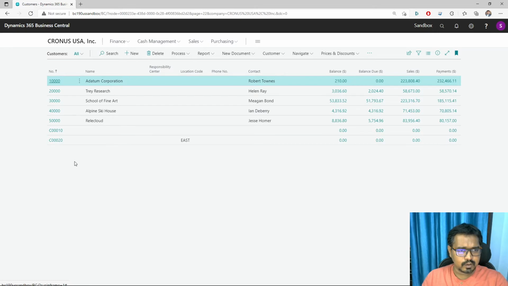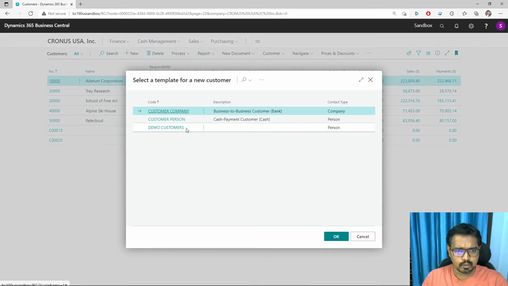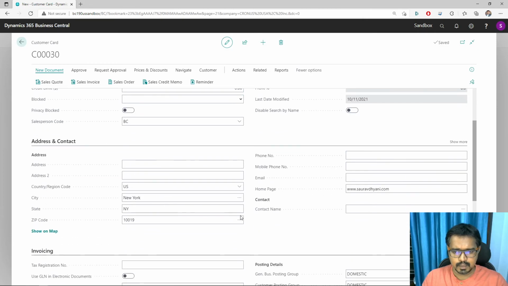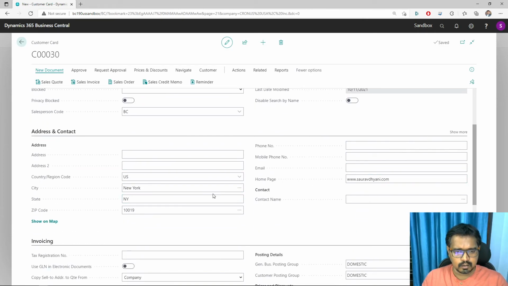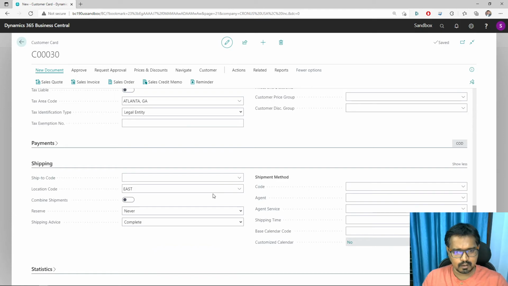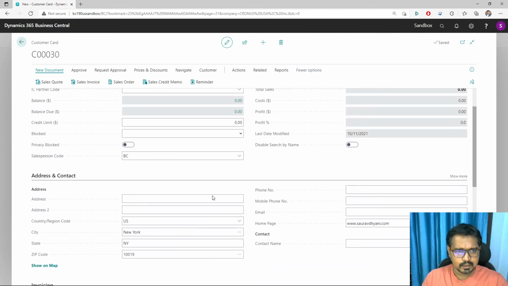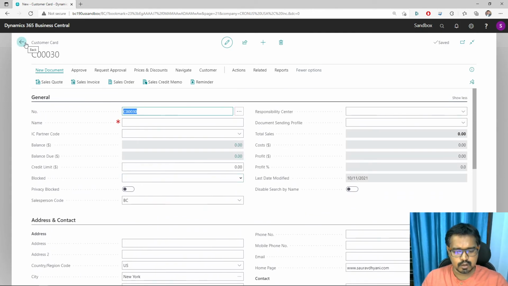Now when I try to create a new customer, I'll have an option to pick the template that I have just saved. So if you have five different kinds of customers that you use in your system, you can actually ask your users to define what kind of fields they want to set for those customers, and those will be by default set and saved as a template once they are ready with their piece. And that will then be an option to choose while they are creating a new customer, which kind of customer they want.